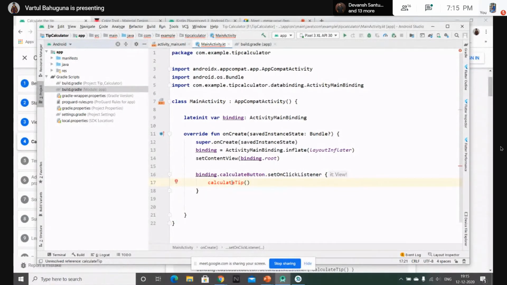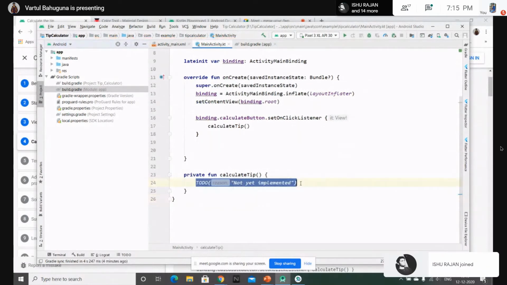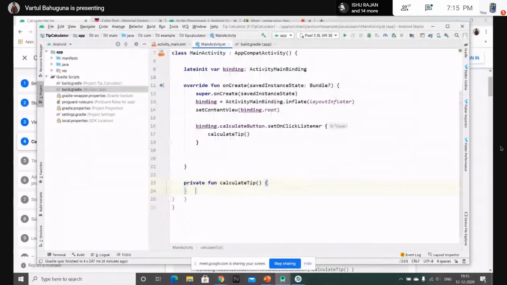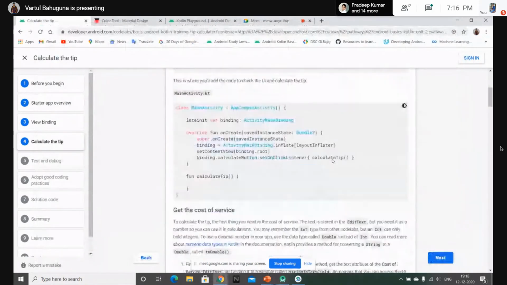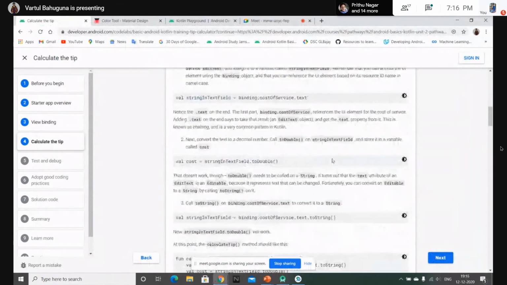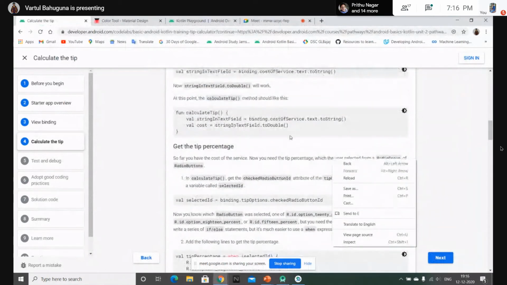Create a function. So now we have moved all our functionality over here. Rather than writing the whole code in the onCreate method, we can now write the code over here. This will make our code much more readable and less messy. So let's see what we need to type in this function.